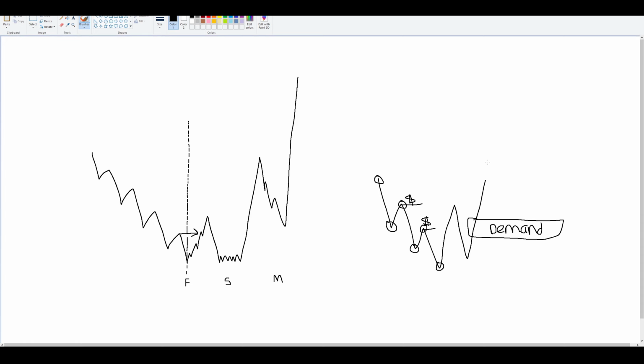Now, remind you, this doesn't work all the time. Obviously, this is something that works sometimes, and you just have to keep an eye out for this type of specific setup. But like I said, after all that money gets taken out, the market is going to come back down to find the original expansion move with a demand zone. So let's say this is our demand. And it's going to pick up all those orders and then it's going to go up.